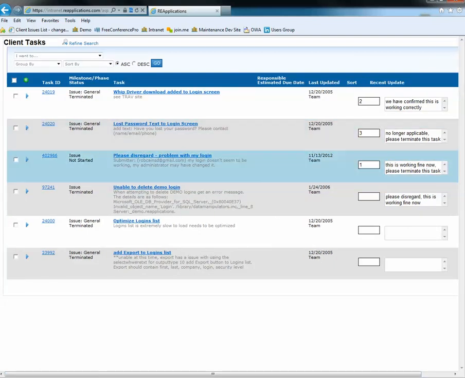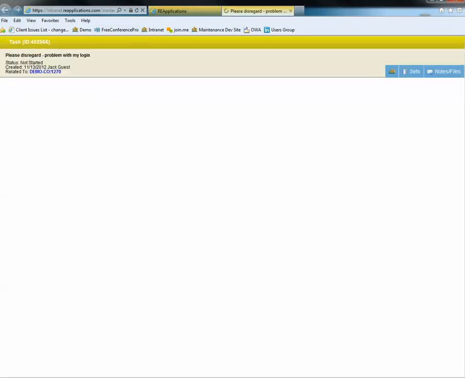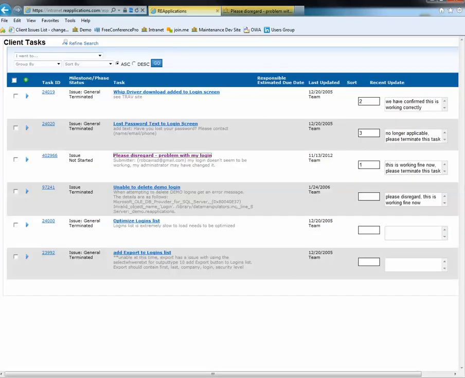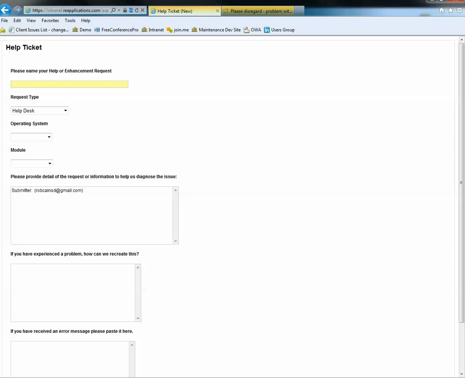You can open up the task and view more detailed information just by clicking on the name of the task. And it's going to show you the notes and history. It's going to show you a bit more technical detail about that task. Now, more importantly, you can submit new issues, new help desk requests, or enhancement requests directly to RE Apps. Just click the green plus button in the upper left-hand corner of the list, and it'll load a new help